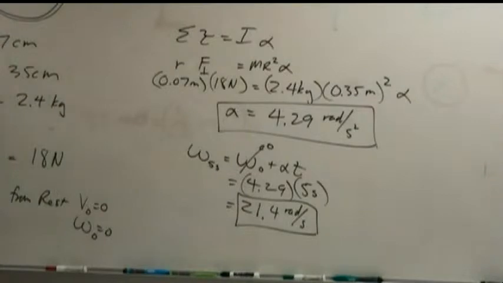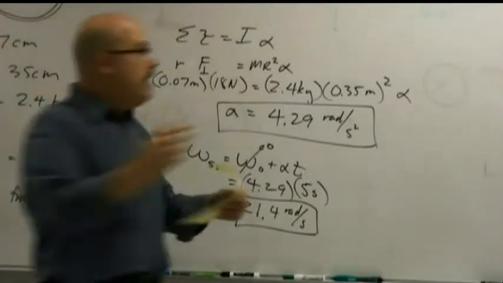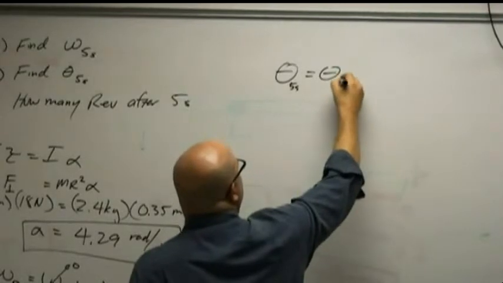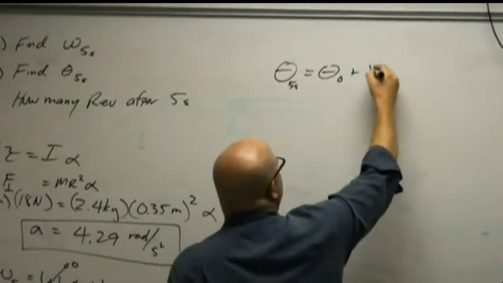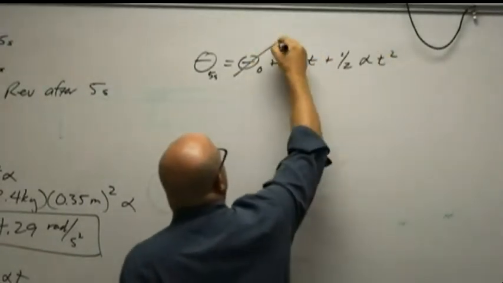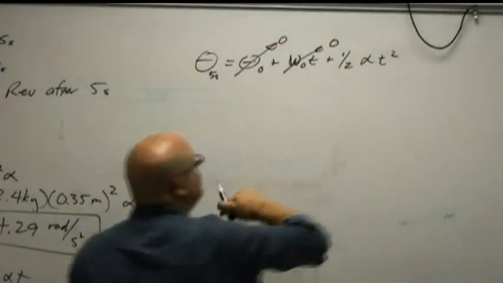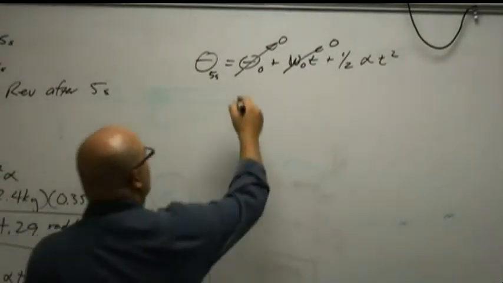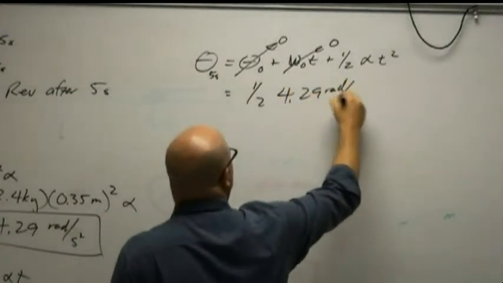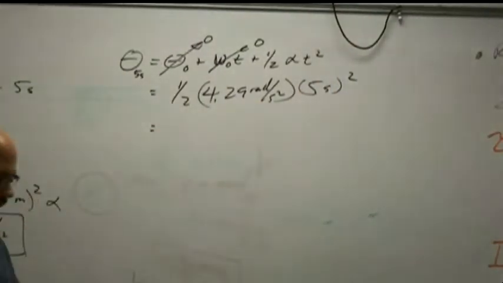Okay, how do we find theta then at 5 seconds? Technically, theta at 5 seconds equals theta naught plus omega naught t plus 1/2 alpha t squared. But I'm going to assume it starts at 0, and that it starts with zero angular velocity. So I get 1/2 times alpha, 4.29 rads per second squared, times 5 seconds squared, giving me a grand total of